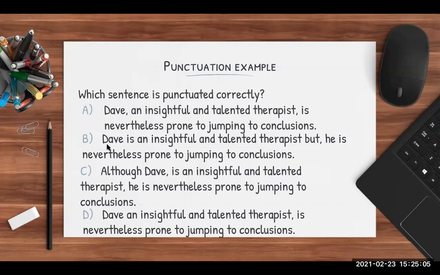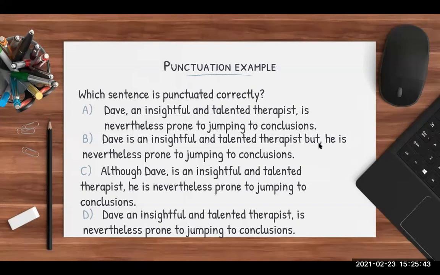If we do it with the second sentence, we can't because there's nothing offset by commas. And if we do it with the third sentence, we have, although Dave, he is nevertheless prone to jumping to conclusions. And that doesn't really make sense. So we can get rid of that one already because it has something offset by commas, but that doesn't quite work because it offsets something that is actually an integral part of the sentence. For option B,